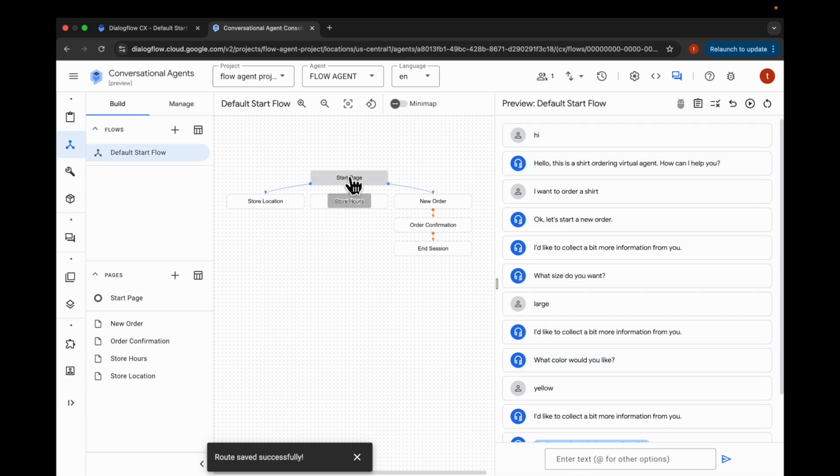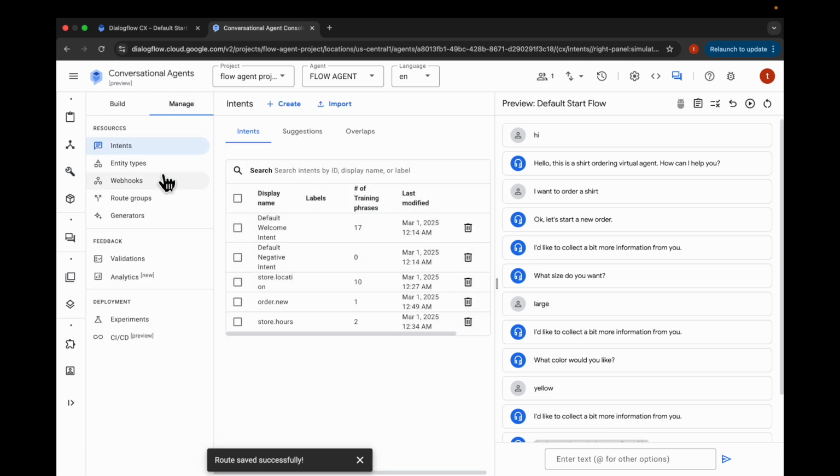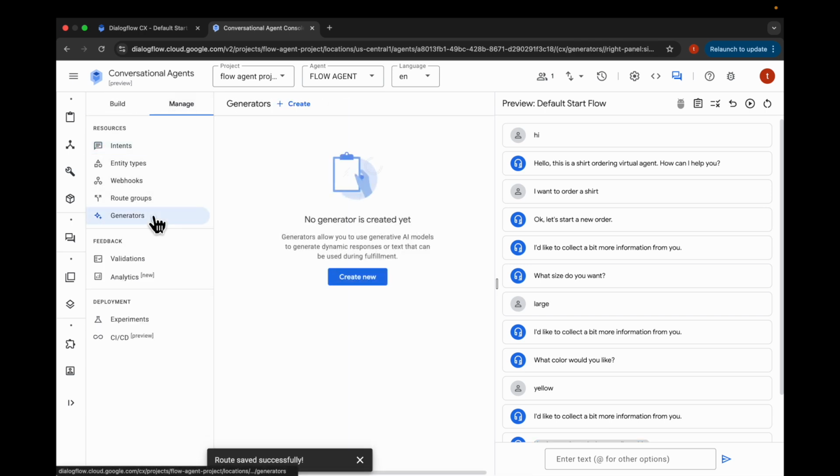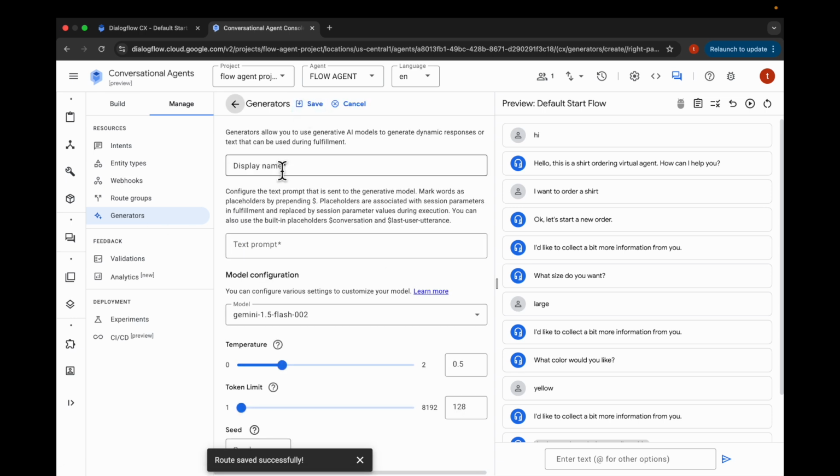And as you see, this is very deterministic. You are fully in control of what happens, where the agent flows. And there is this aspect of generators. So what you can do is go to generators and add a new generator by clicking on create. Let's say you wanted to add a generator that provided some kind of welcome greeting message to your user. So let's say